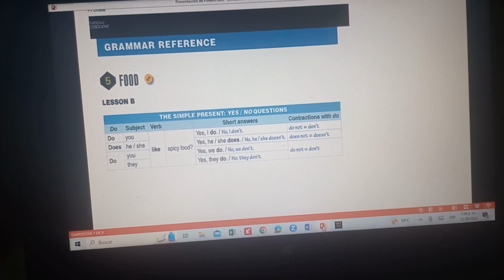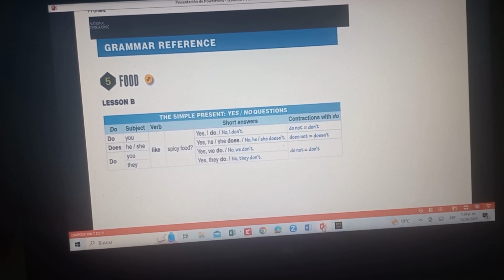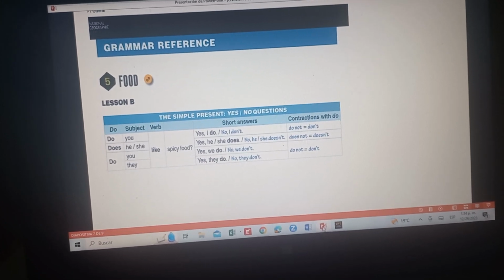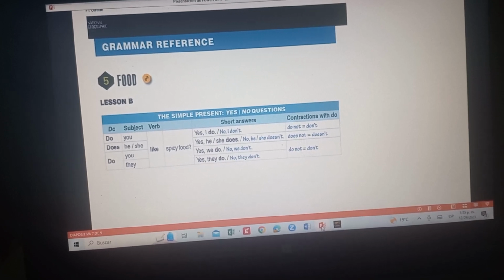If you have the third person singular, in this case he or she, you say, does he like spicy food? You can say, yes, he does, or maybe you say, no, he doesn't. When we answer with short answers, we will use the contractions. Okay,